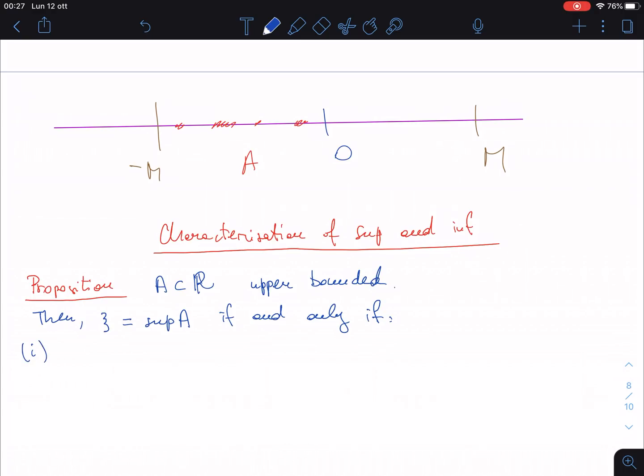First, we know that psi is the minimum of the upper bounds, so psi is an upper bound of A. This is easy. This means that for every x in A, we know that psi is not smaller than x. And second